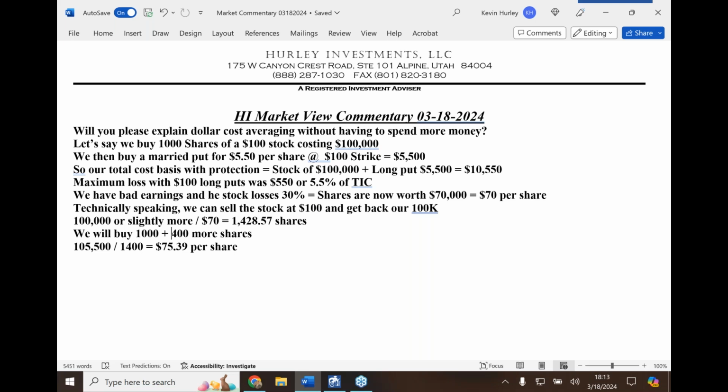So the short answer is we take the profits from the puts and we're just buying more shares. It's as if we still have the $100,000, but now the stock is at $70 a share. So something to understand: the stock is trading at $70 and we are still down